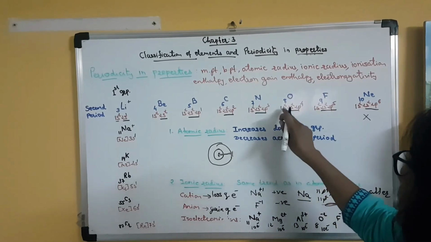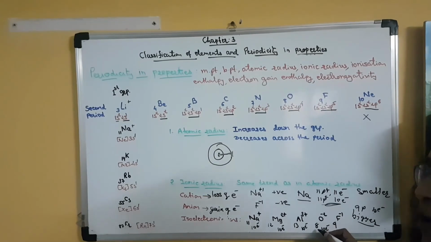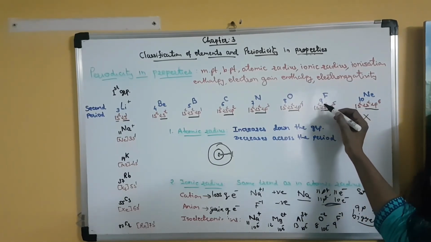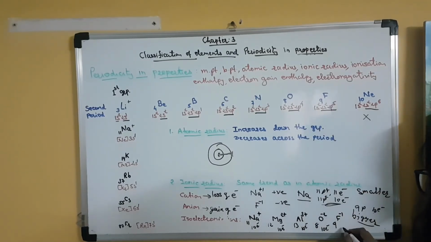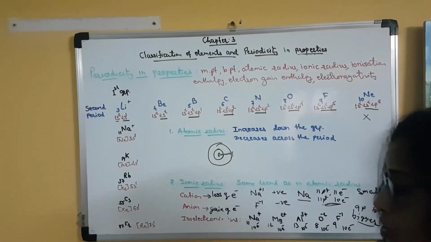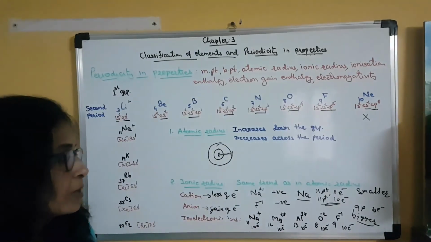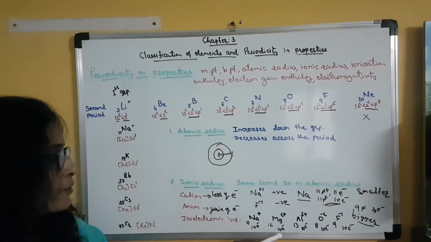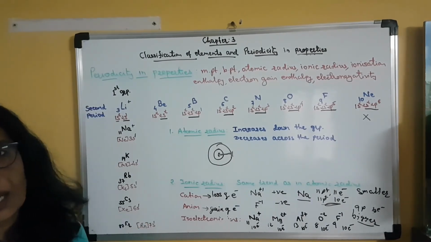Clear? In the oxygen atom the number of electrons is 8, but when the oxide ion is formed, it will become 10. Fluorine, atomic number 9, means 9 protons, 9 electrons. Clear? But when the F minus 1 ion is formed, 1 electron is gained, then it will have 10 electrons. So all these ions, though they are positively or negatively charged and have different atomic numbers, have the same number of electrons. So they are called isoelectronic ions.